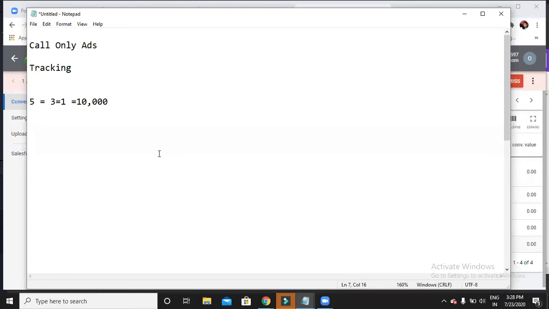Now what do you have to do? Create an ad. Earlier, we created conversion tracking for our website. So now if you create a search network or display network campaign, you can just choose that conversion action, right? So now I have to create call only ads for our business. Let us see how we can create.